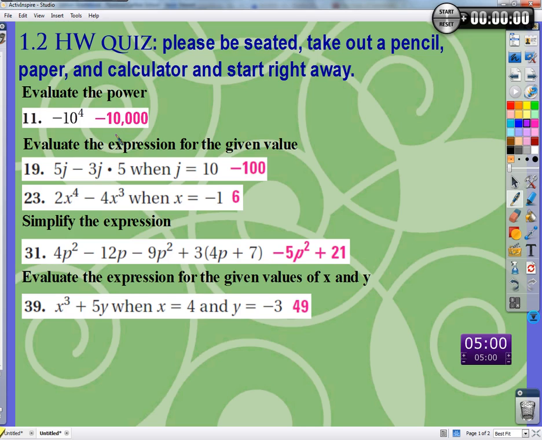Okay? So, if you got positive 10,000, it's probably because you did this. Negative 10, and negative 10, and negative 10, and negative 10. And if all you knew about this problem was exponents and what they're supposed to do, that would kind of make sense. Here's a number. It looks like the number negative 10. Looks like we're raising it to the fourth, which means we have 4 factors of that. We multiply together. Okay? But because of that shorthand, because we want to use that shorthand,